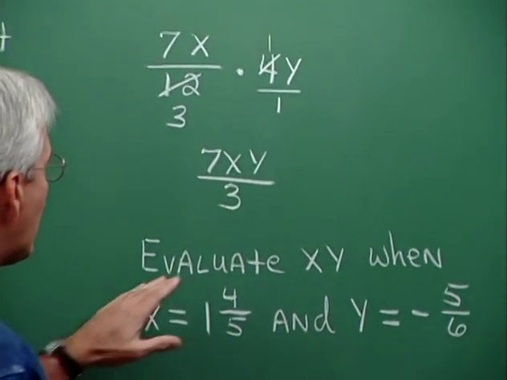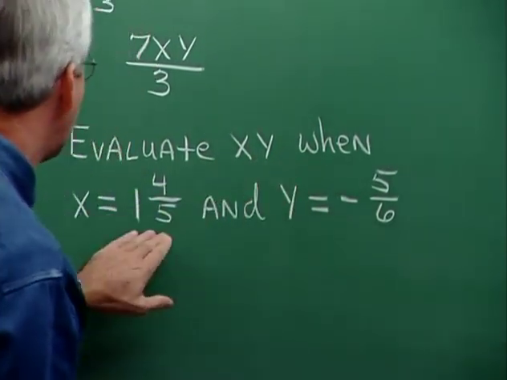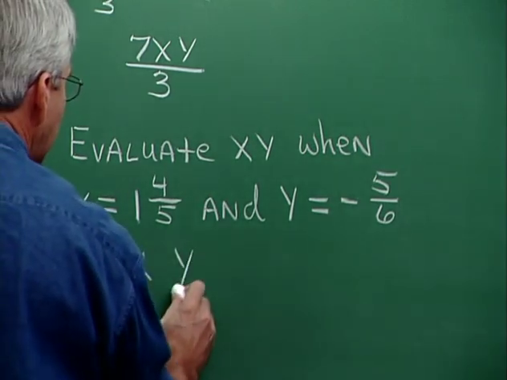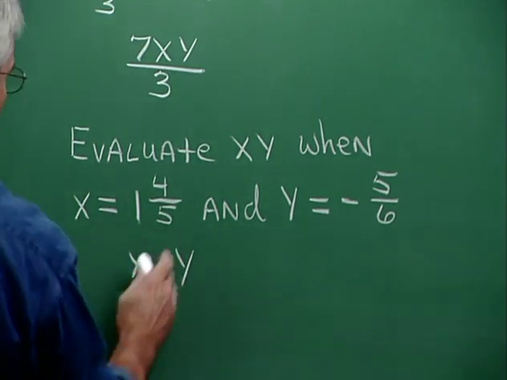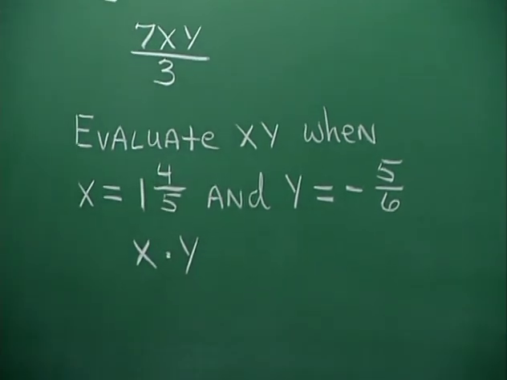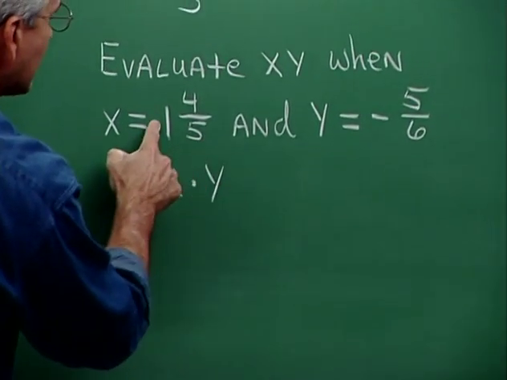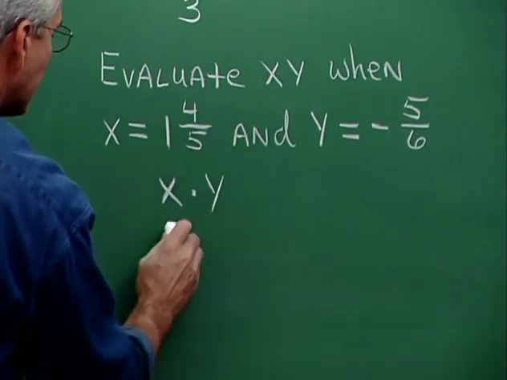Here we have an evaluation problem. Evaluate xy, which means x times y, when x has this value and y that other value. So xy means x times y. I'll put the dot for emphasis here. And the x value is 1 4/5. I'll tell you what, let's change to the improper fraction form as we bring down. 5 times 1 is 5 and 4, 9. So this is 9/5